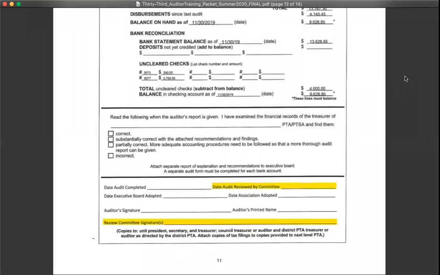But you would just fill out that "I have examined the financial records of the treasurer of," and then you would put in your unit name. And then you would check off one of these items. So you've already done your findings and recommendations, which we're going to talk about. And so you're going to select a category. If it's correct,